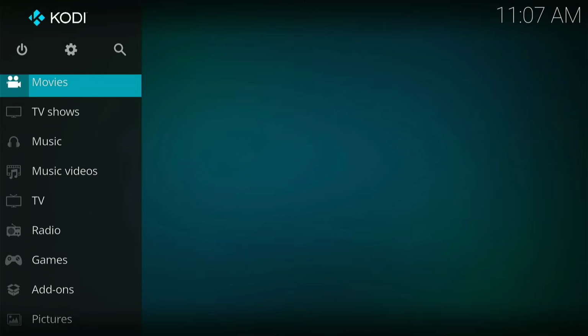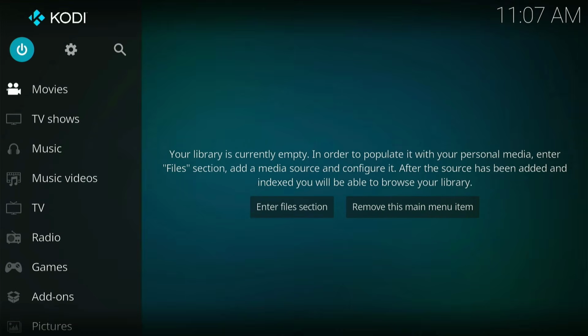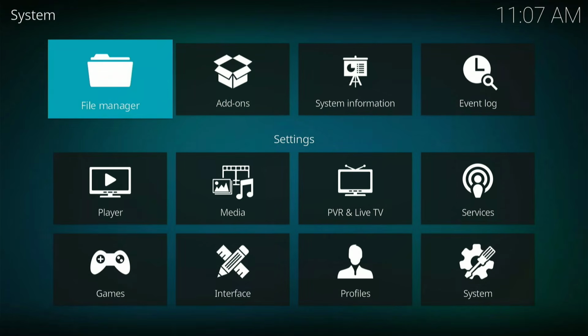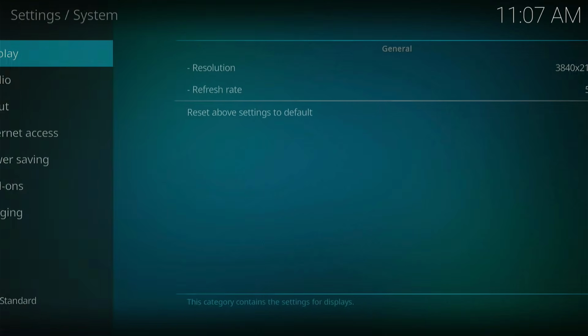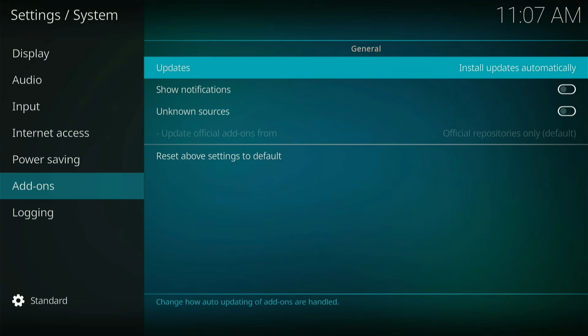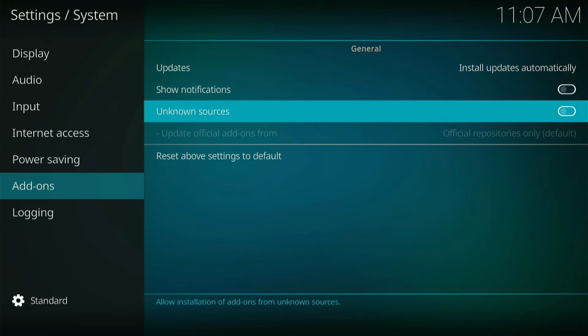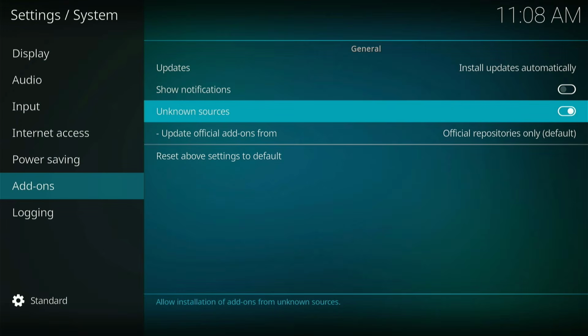So I'll walk you through a quick guide on how to set it up to serve you all those functions we said earlier before we started this video. So the first thing we need to do is to go to this gear icon here, this settings icon, and we go to system settings. And here where you have add-ons, I want you to turn on these unknown sources so that we'll be able to, you know, install add-ons from any source we want. So I'm going to turn it on. It's going to warn you, but you have to proceed. Yes. So after doing that, you go back to the previous page,